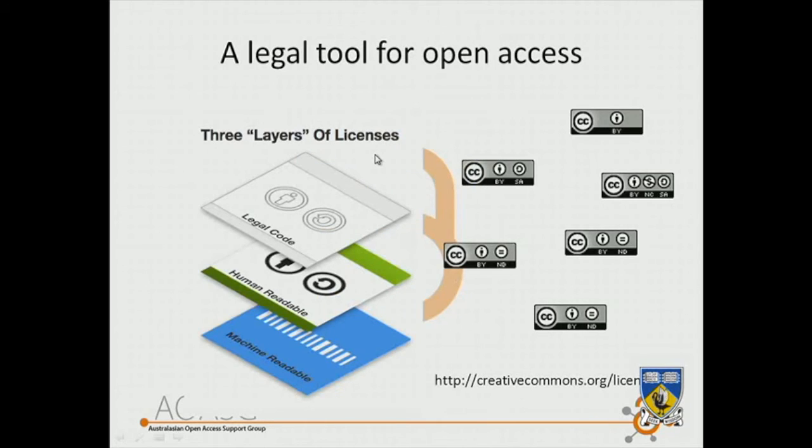And the whole thing that underpins all this is the legal tool for open access. I'm a bit of a bore about licenses, so I'm really sorry about this, but I'm a huge fan of Creative Commons. I'm a huge fan of legal licenses. The reason is that it enshrines your rights as an author, and it makes it very clear what you can and can't do. The one that you'll be most familiar with is the Creative Commons Attribution license. But there are a number of other ones, for example, ones that require you to attribute but also to share alike, so that's the CC BY-SA. And there are some associated with non-commercial rights, and so on.